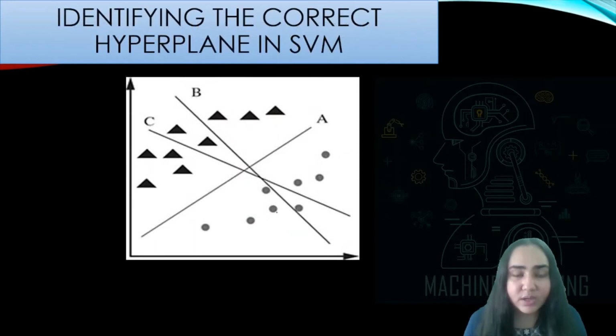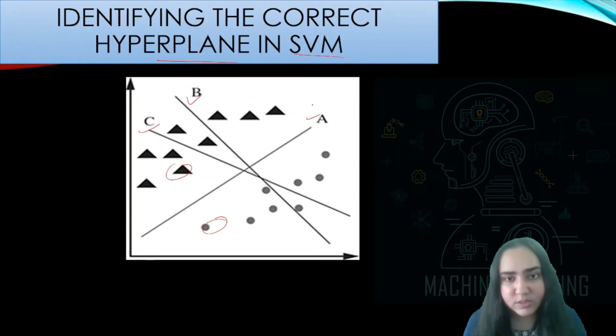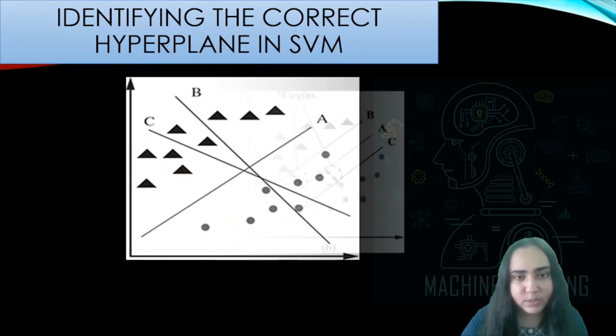Now let's see how you can identify the correct hyperplane for a given SVM. So take a look at this data set. Here you have some triangles and circles, so obviously two different classes. You have three hyperplanes given, and since hyperplanes are actually shown in n-dimensional space, but we cannot visualize that, we are just using two-dimensional ones. And here you have three hyperplanes, A, B, and C. Which one's the best? You can say it is A because A correctly classifies all the data, isn't it? B and C do not do that, so that's why it's A.